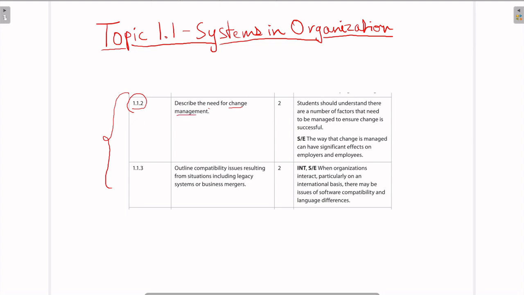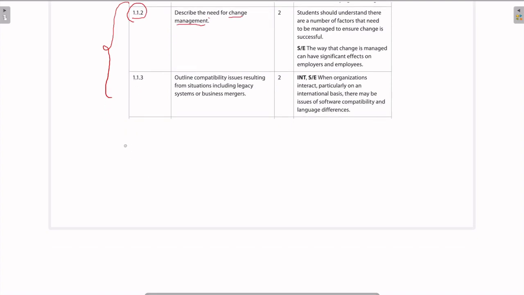Now this is a very straightforward topic. Essentially, what we'll have to talk about here is what we mean by change management. We'll have to talk about why we need change management, right? What contributes to change management, and that's basically it. So I'll give you a straightforward definition for change management. So we can say that change management